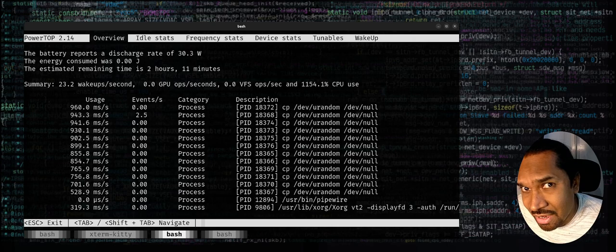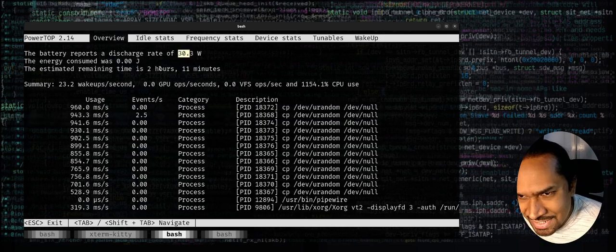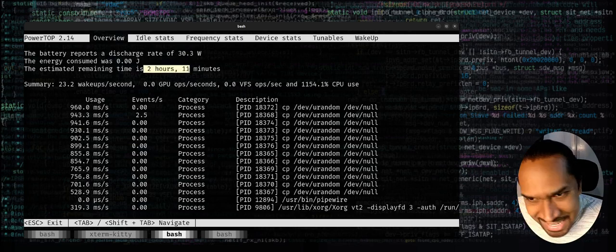And look at the CPU frequency statistics. You'll see it's actually not gone to the extremities. You can see that utilization is quite high, right? It's quite high, but still the discharge rate is at 30 watts. It's trying to keep my laptop on for like 2 hours, 11 minutes by throttling the overall CPU utilization